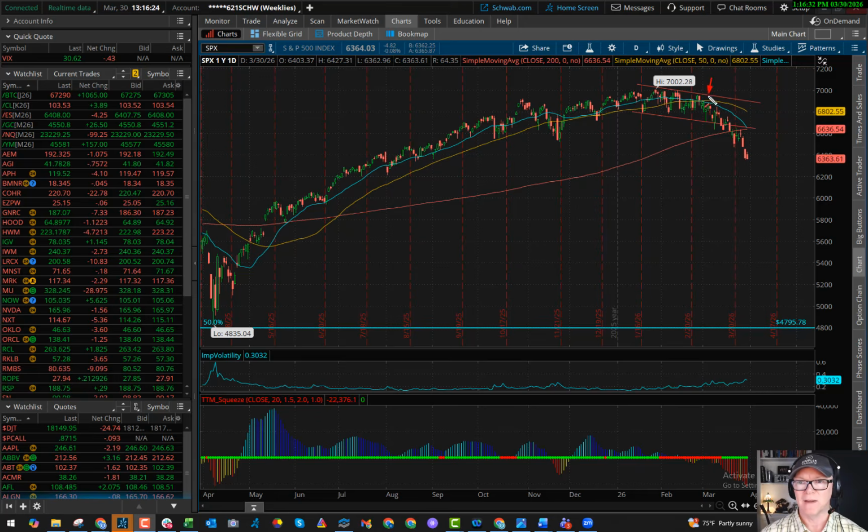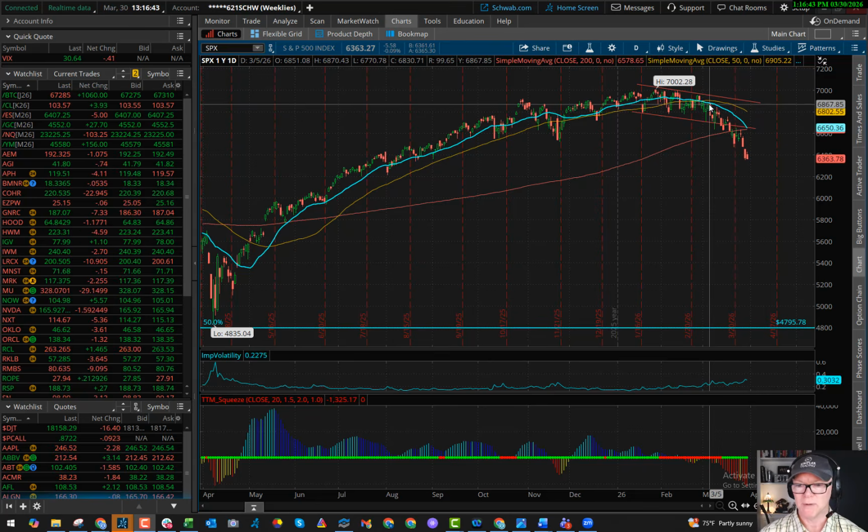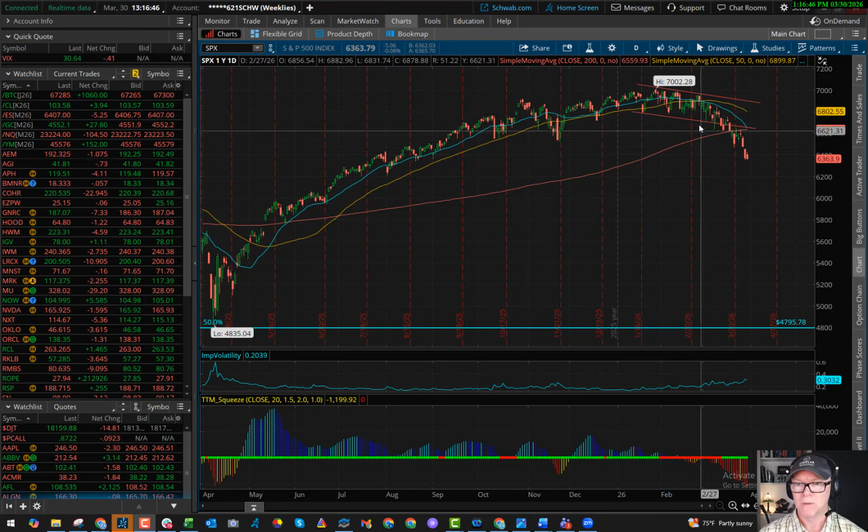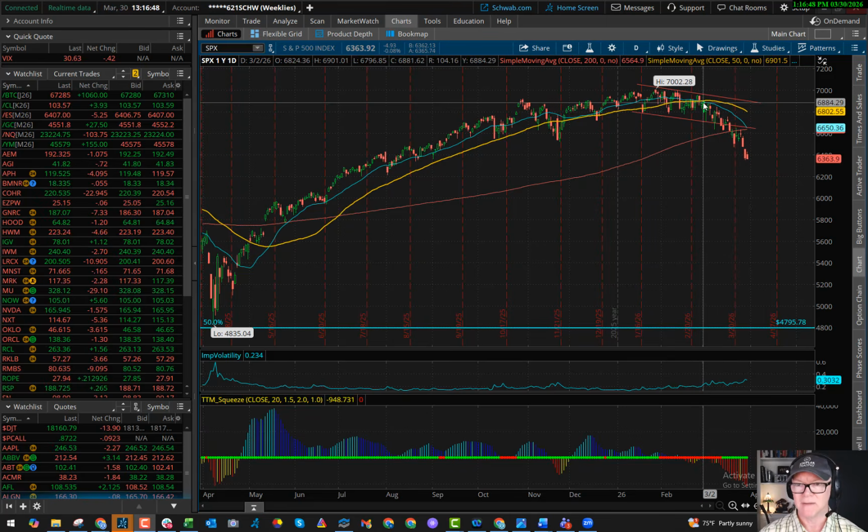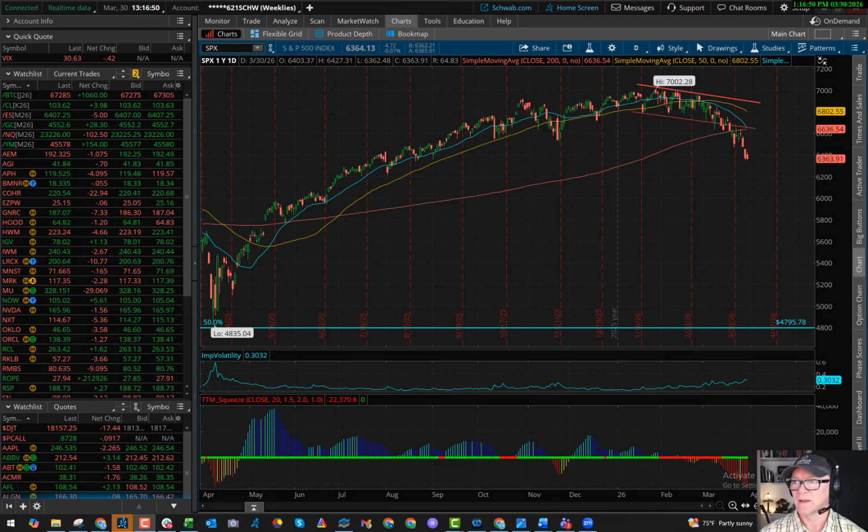You see right there that's the 50-day, and that's the 20-day, and this is the 200-day moving average. But you see where they crossed over to the downside? We started a butterfly, if you notice down here on the bottom. It was on March the 2nd, right there. We started a butterfly and we targeted